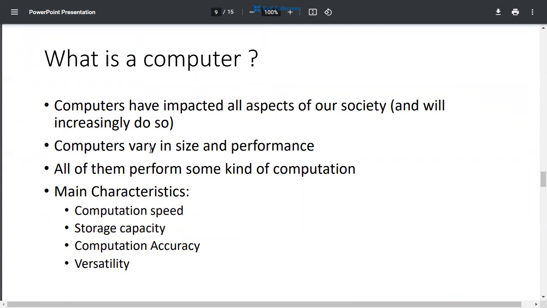So why do we like computers? Because they're fast. They can store lots of stuff. And the accuracy, what we mean by the accuracy is, once you've figured out how to do the equation, it will reproduce it the same way every time, millions of times, right? Once you program the computer to do the right thing, it'll do it over and over again, millions of times, always getting it right. It'll never get it wrong.